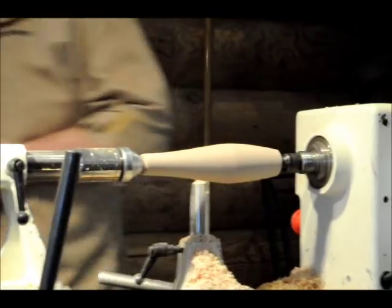Show us your storage, Greg. How you storing your samples? These are just